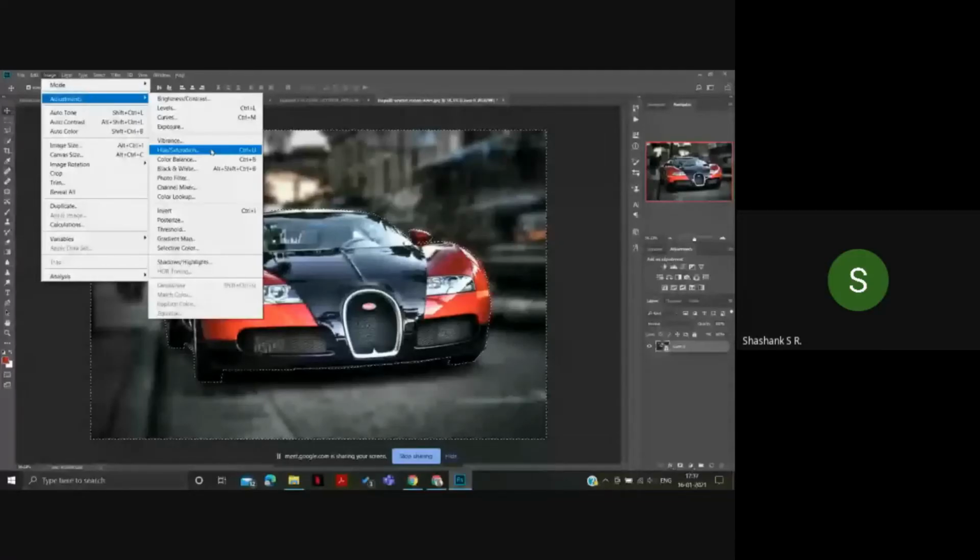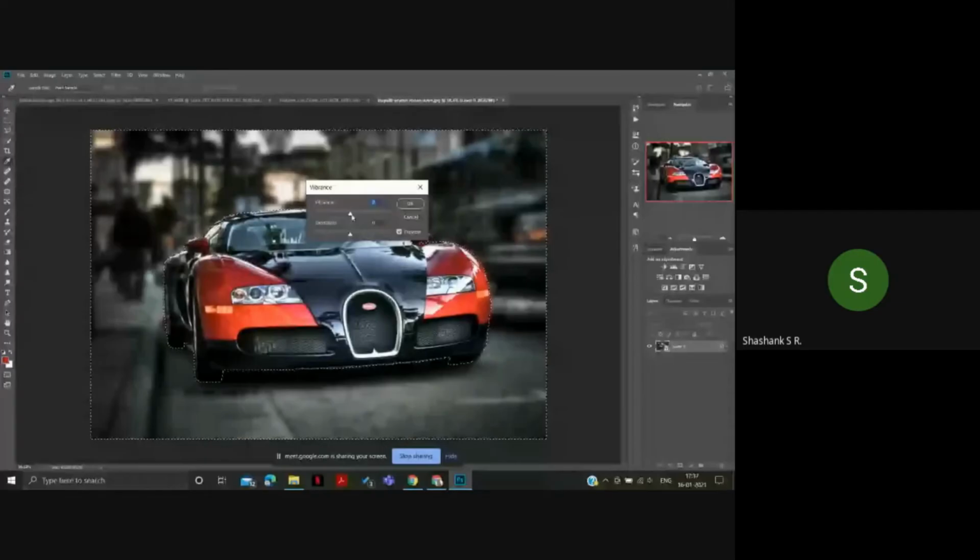And then hue or saturation is something with which you actually play with the color intensity. So I'll be choosing vibrance first. Just increase the vibrance a bit and then increase the saturation. I'll tell you what difference it makes.